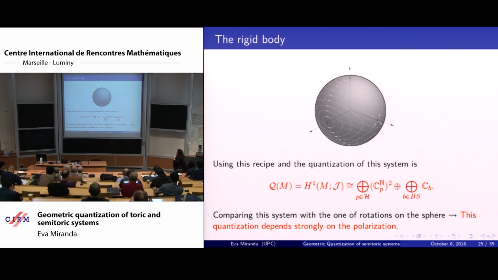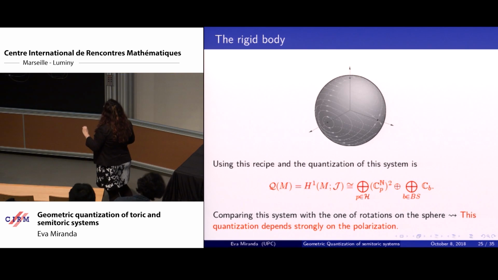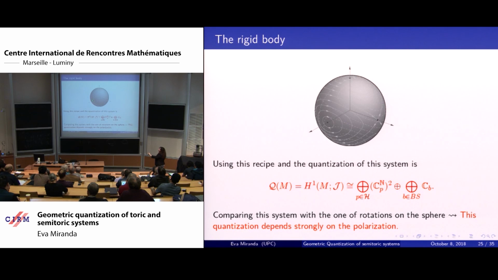So let's take the rigid body. Let's quantize the rigid body with the Kostant formula. So if I use this recipe, then the quantization will have, in the rigid body case, of course I'm going to have these 4 elliptic and 2 hyperbolic singularities, okay? So the answer is that the elliptic singularities, Mark Hamilton did this, in a neighborhood of this point is toric. So I don't see the singularity. The singular point doesn't contribute. If I have this hyperbolic singularity, then it shows up as an infinite dimensional representation with this Taylor expansion. And then I will have all the regular contributions.